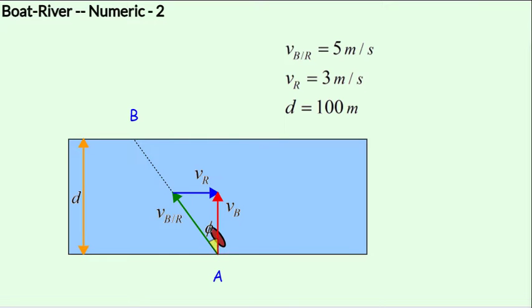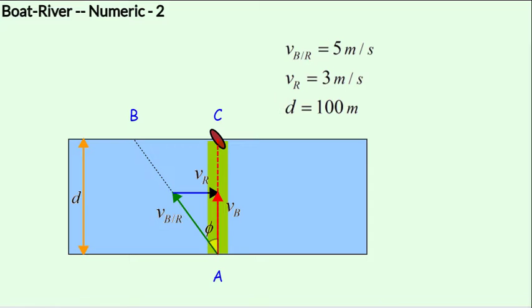We take the same numbers as from the previous lesson. That is, VB with respect to r is 5 meters per second. So we intend to move along the line AB with a speed of 5 meters per second. And the river current, or VR, is 3 meters per second to the right. This time we want the boat to travel through the shortest distance between the two shores, which would be along